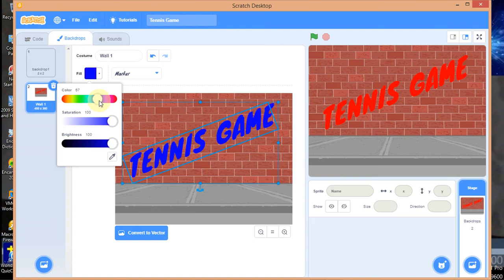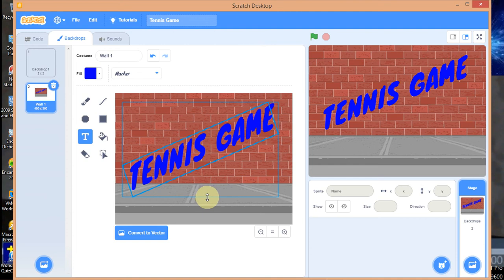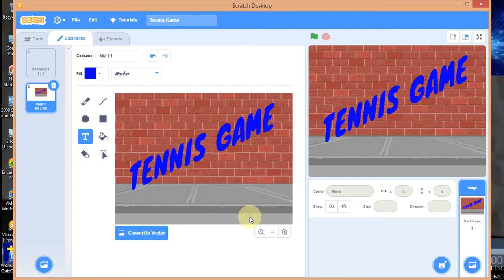I think I like it like this. So, tennis game blue. Can we do anything here again, guys? Do you want to make it something enlarged? I don't know, if you don't mind. Yeah, it's cool. I think we are good, guys. Don't let us spend too much time here. Okay, so that is the test.